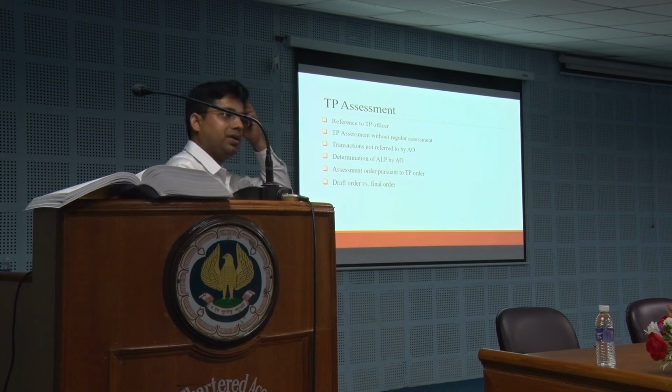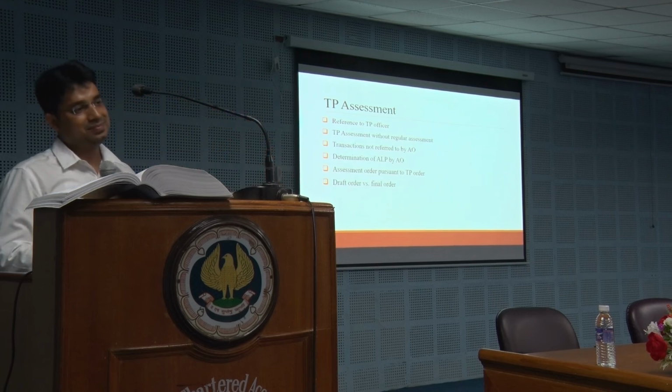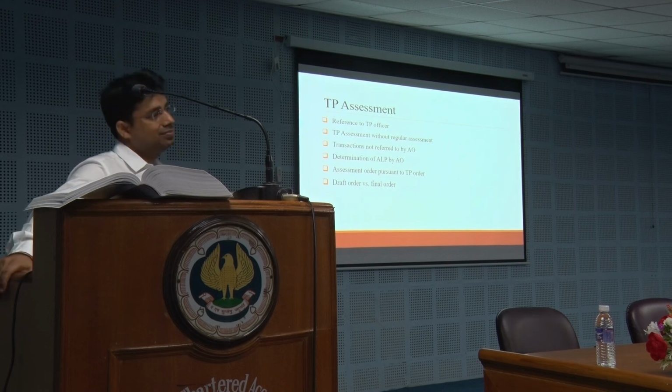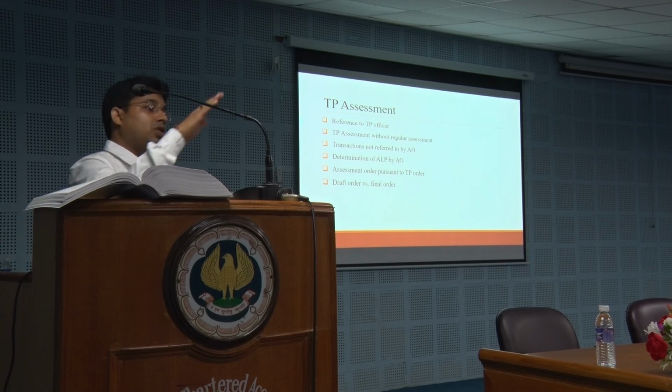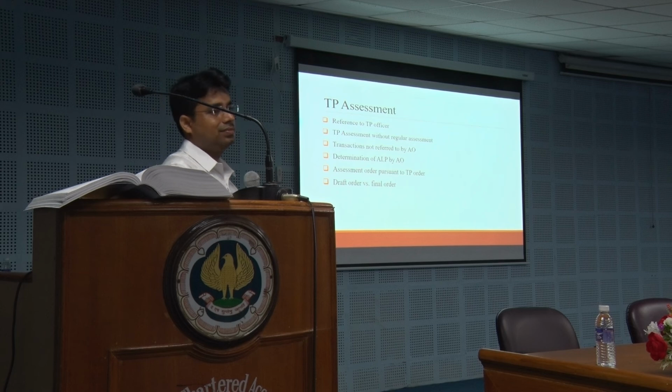So when you say addition, is it an addition to expenses or to income? That was not clear in the TP order itself. It just said the arm's length price is not 28%, it is 12%. So here they have determined the amount to be disallowed, which was not there earlier. He took the loan in its entirety and the interest in its entirety for the tenure of the loan and said this should have been